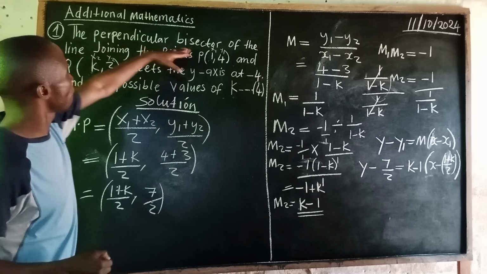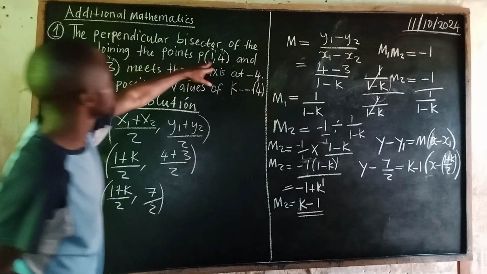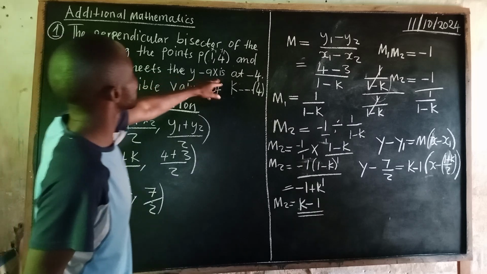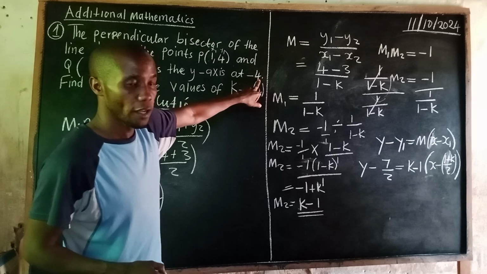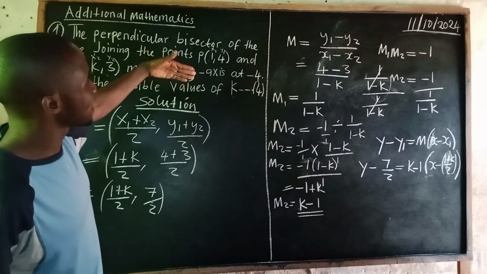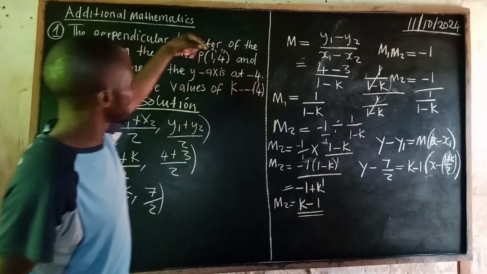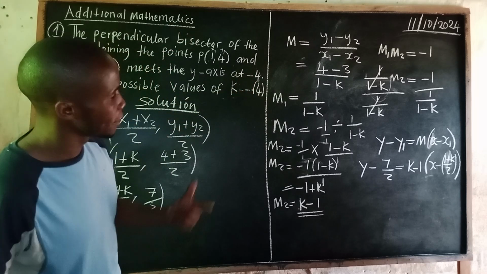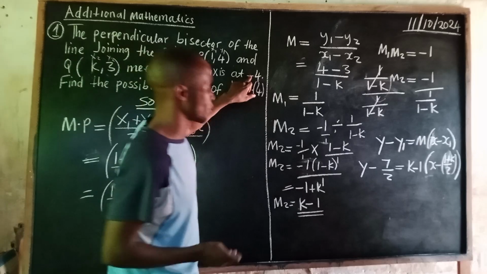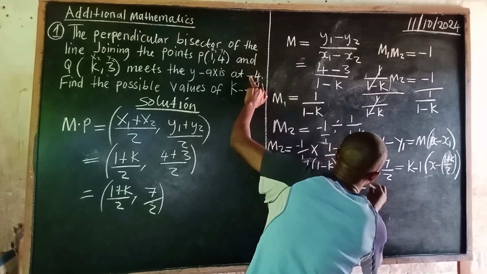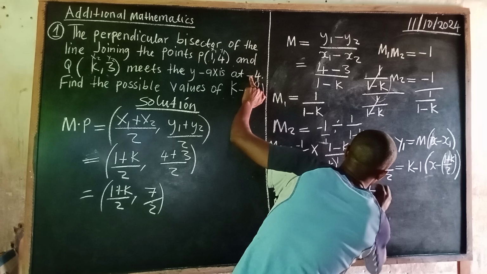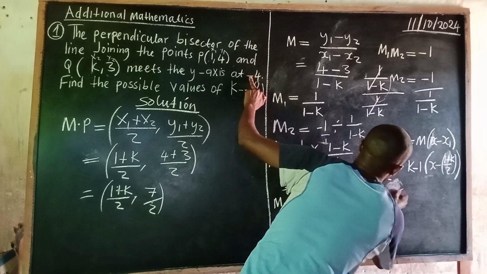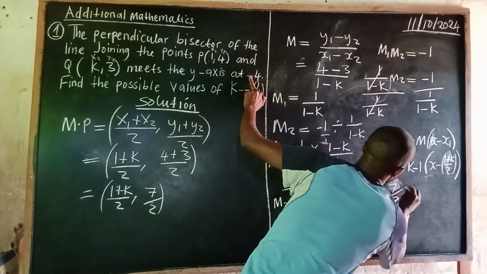They are saying the perpendicular bisector of the line joining the points 1, 4 and k, 3 meets the y-axis at negative 4. So this meets the y-axis at negative 4. So when y is equal to negative 4, it means the x was what? 0. Because this was the y-intercept. So now we are going to put negative 4 where there is y. Minus 7 over 2 equals